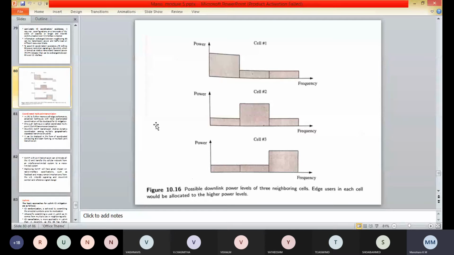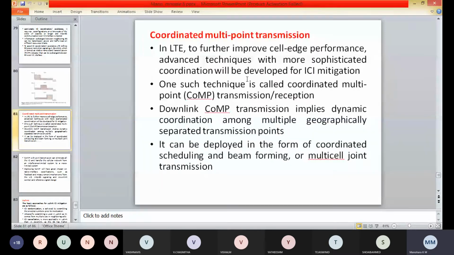Next we have coordinated multi-point transmission. In LTE-Advanced, to further improve the cell edge performance, more sophisticated advanced techniques are used, like ICIC. So what is the downlink